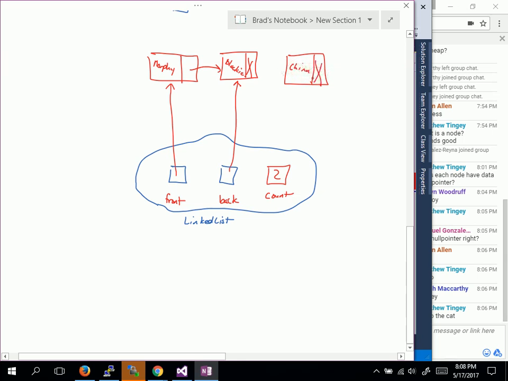Set that to null pointer. We'll have to update the back here. We'll have to update the pointer. Oh, that's so hard to do. Alright. Now do these pointers, do these nodes